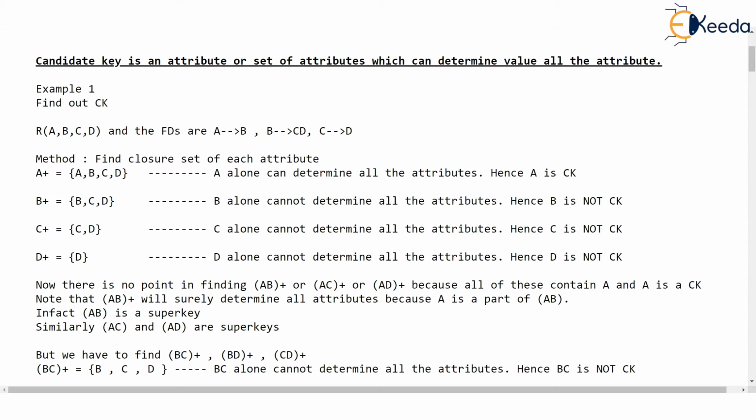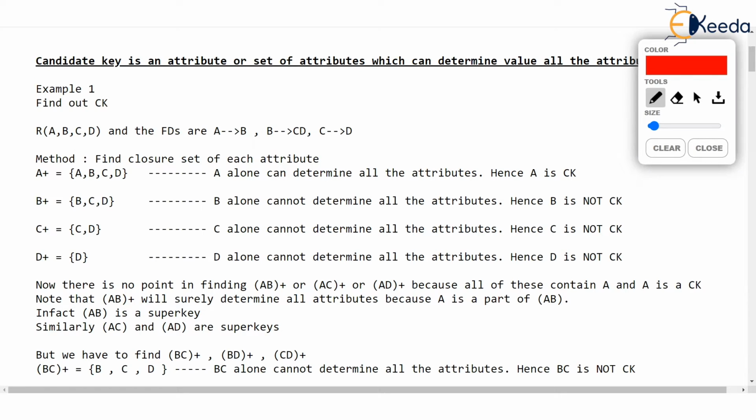So C alone cannot determine all the attributes. So C is also not a candidate key. Similarly, D plus will contain D definitely. And now once D is there in this closure,